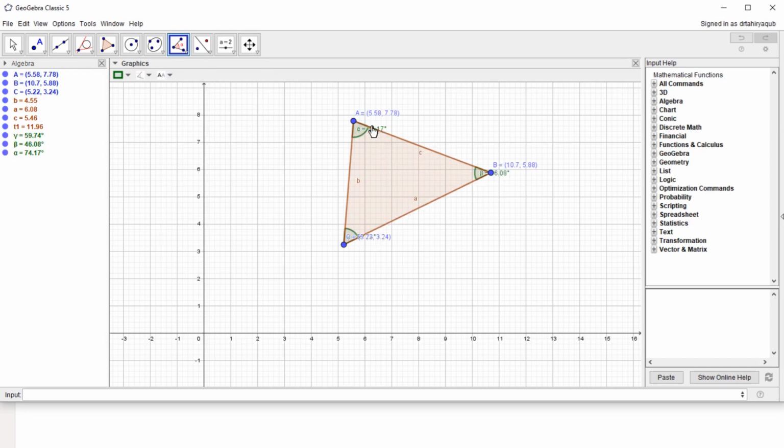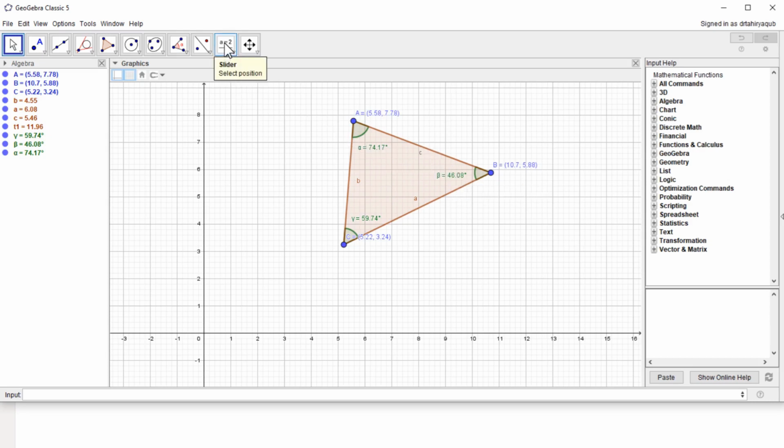And because this angle is not clear, what I can do is click on arrow and then I can move this to a very good location where I can see this, in particular this gamma value. So in this way you can draw very clear images and you can demonstrate to your students by using this tool. And there are more features to come.